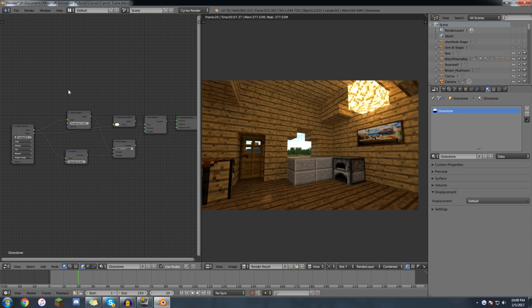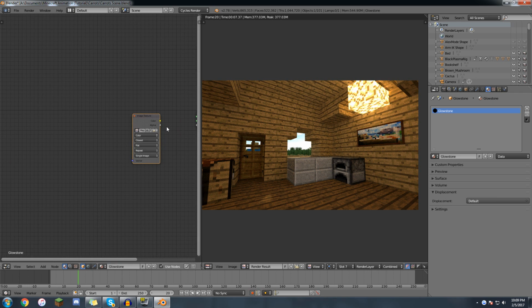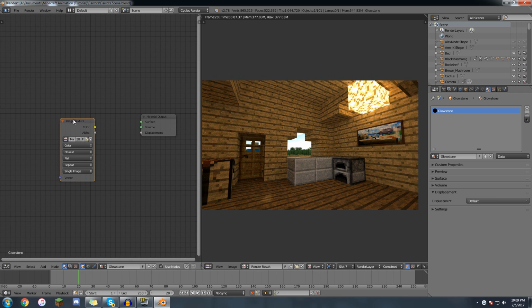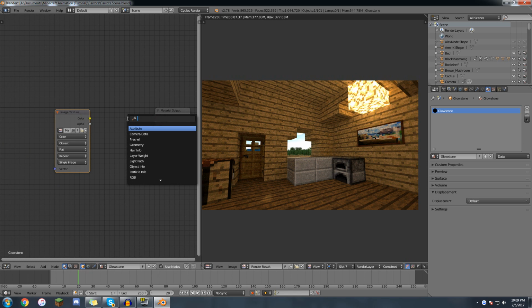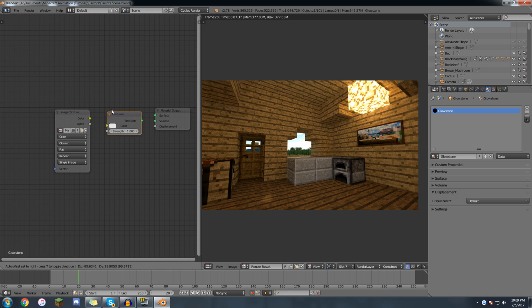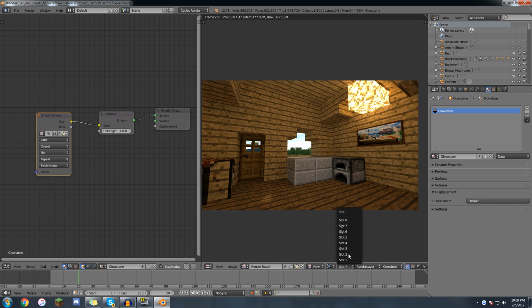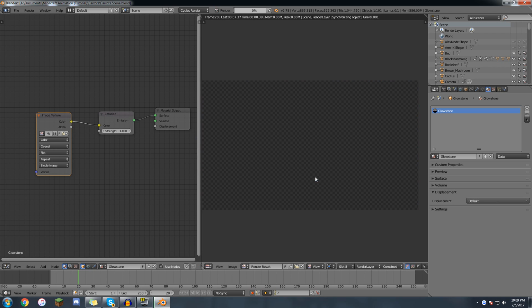So what I'm actually going to do, let's hit B. We're going to box select everything, just get rid of all of this. We're going to create it back ourselves. There's a lot of stuff that wasn't being used, so let's just build it back ourselves. Let's go back to search. We're going to add an emission, and we're going to have the image go into the emission and right back into the surface. And let's render that into slot 8 just to show you that